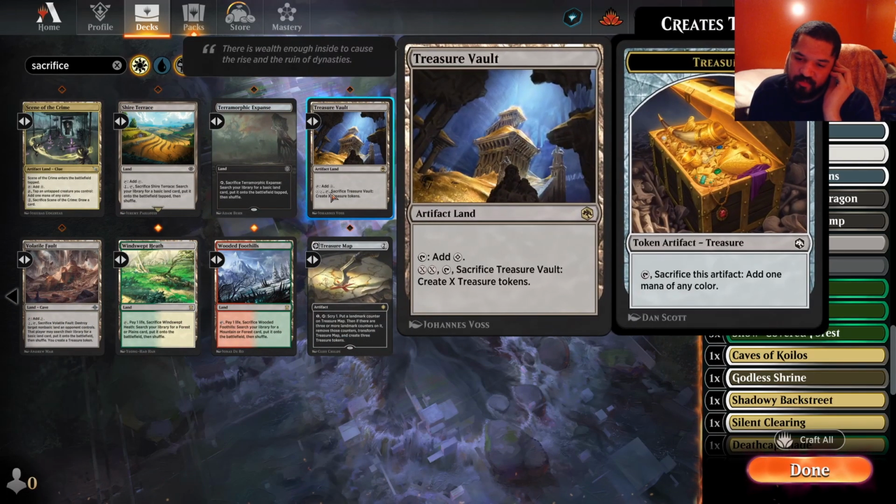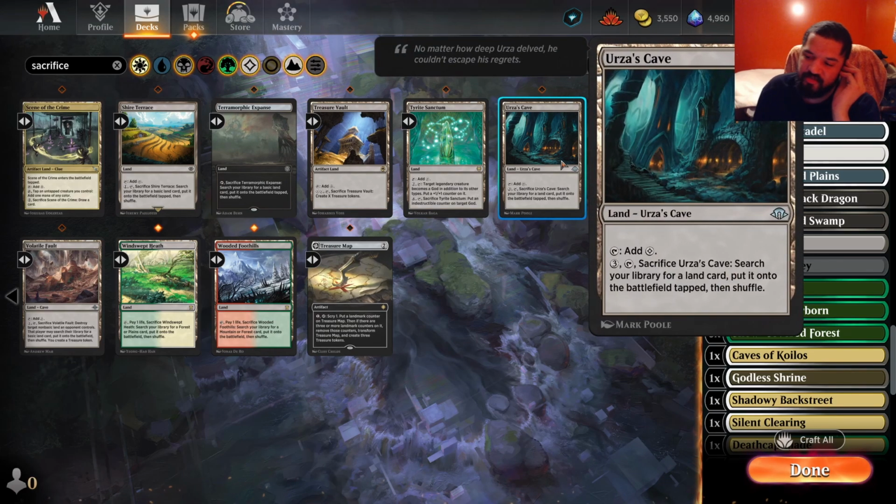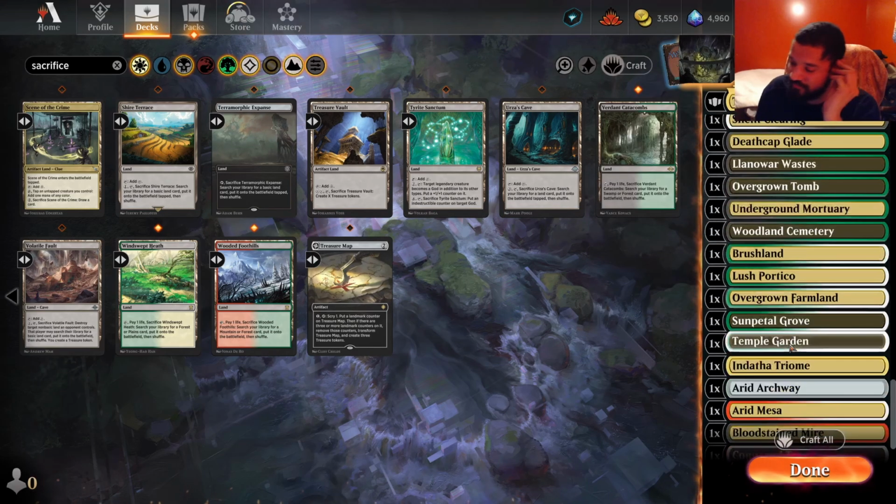Treasure Vault can also be an interesting one. By the time you're making a ton of treasures, though, I don't see what you're using those treasures for, and you're just sort of dirtling with a bunch of mana, which is kind of strange to me. Urza's Cave is another value-centric card. I can just always find Westvale Abbey. Now that it's in there, I could always find...